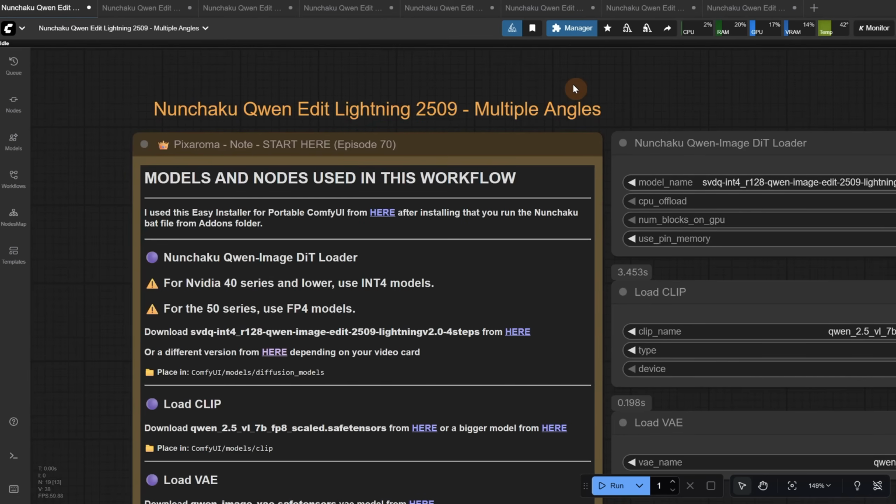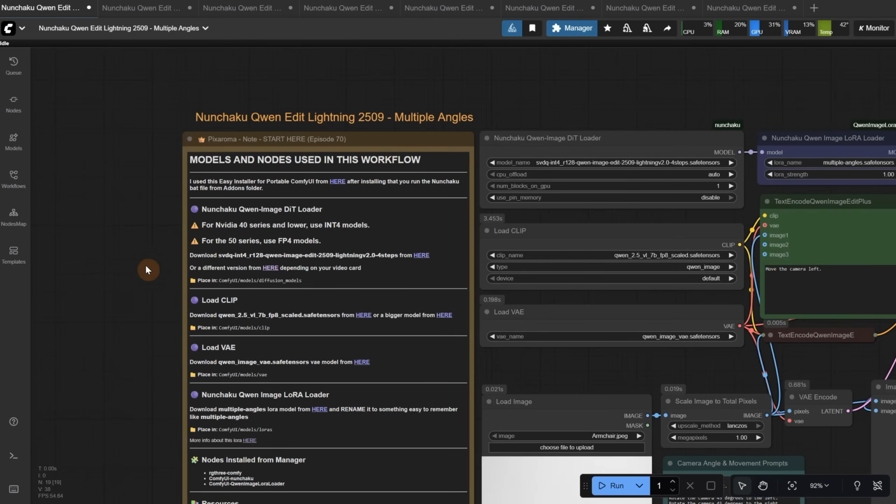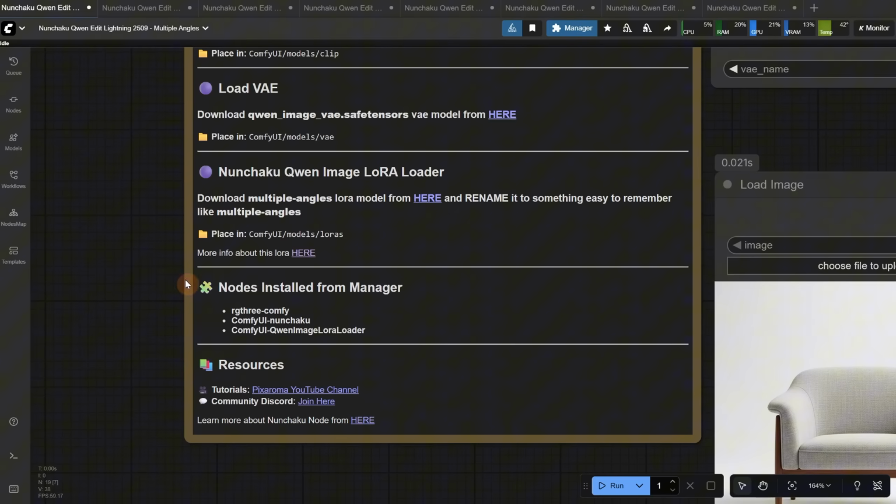Here in this note, you have all the info you need to run it. If you don't have the Nunchaku node, you can install it quickly by using the portable ComfyUI, then run the Nunchaku bat file from the add-ons folder. If you see a red line around the nodes, that means Nunchaku is not working. Besides the RG3 and Nunchaku nodes, today I'm using a new one that lets us load Lora for the Nunchaku